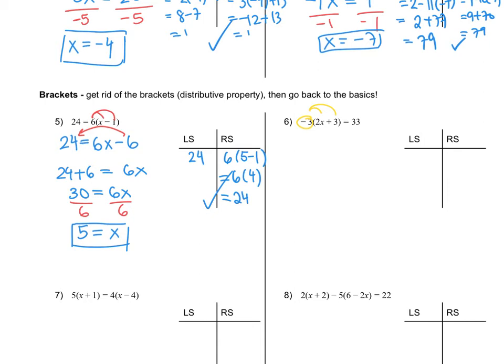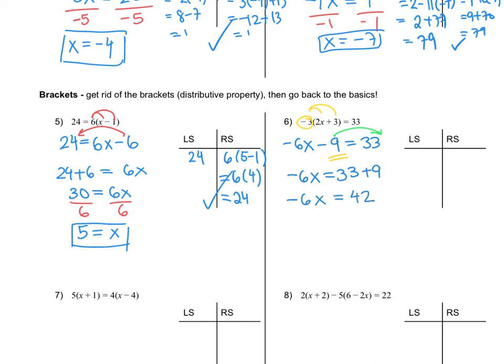All right, so when we do the distribution, we should have negative 6x minus 9. This is where there's potential for mistakes. Some people might have written plus 9, so be careful. Equals 33. I'm going to bring the negative 9 over so that it becomes positive 9, so 33 plus 9,